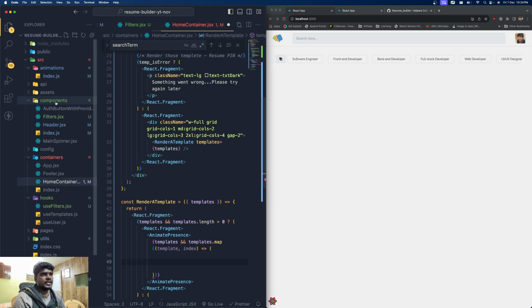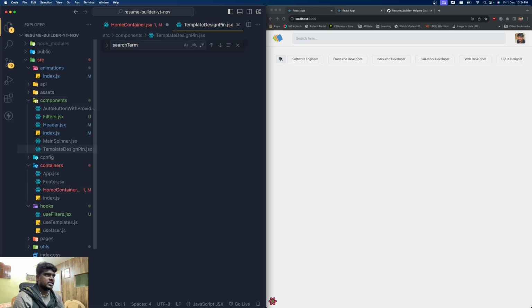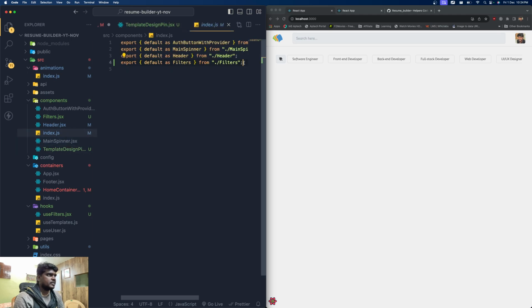So let's go ahead and create a component called TemplateDesignPin, TemplateDesignPin.jsx, and inside here RAFCE, save the changes. Let's export it from here. Let's keep that TemplateDesignPin, copy it and export it with that same name, save these changes, close this,